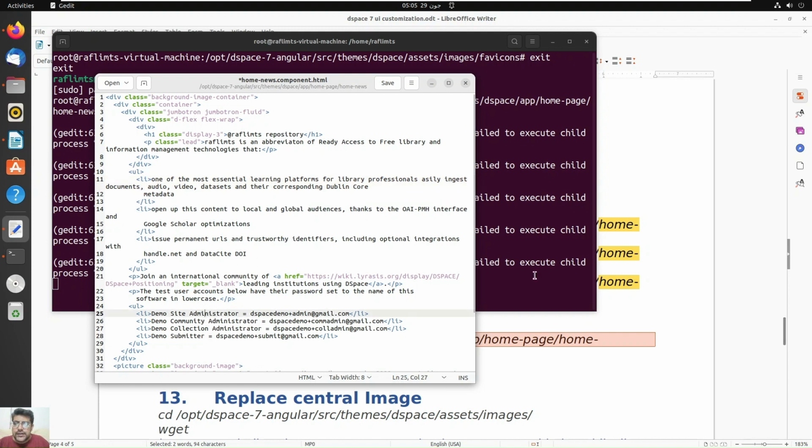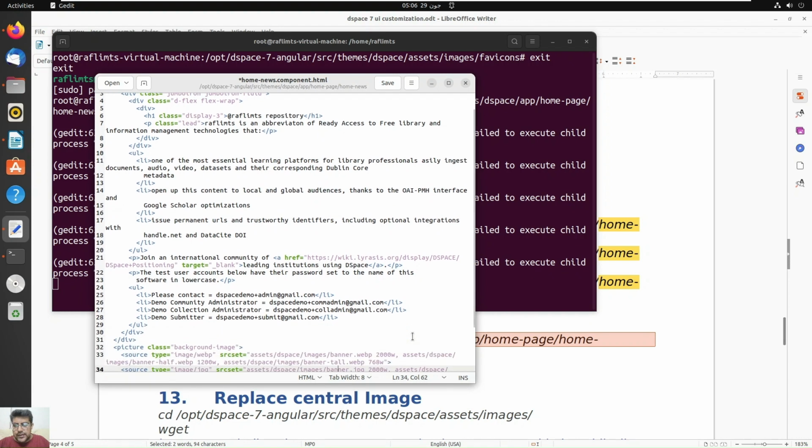And you can change the demo site administrator. Instead of using this, you can write the site administrator email address, or you can write please contact, whatever the contact name, and